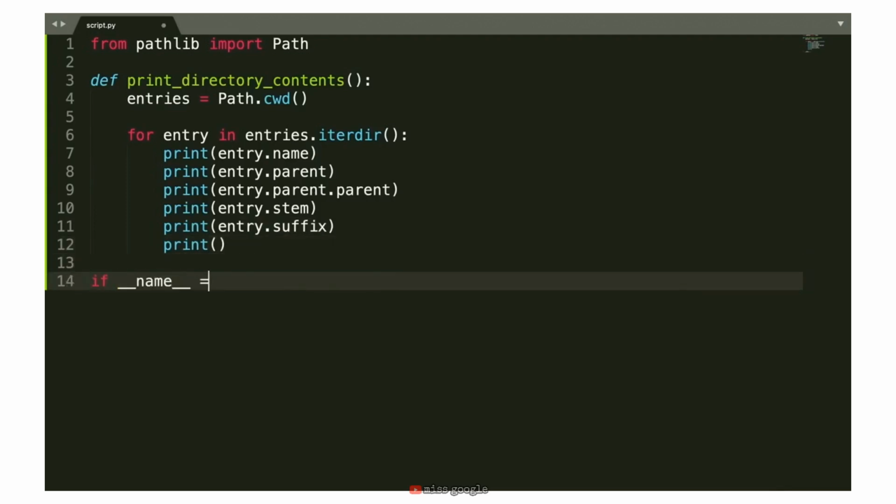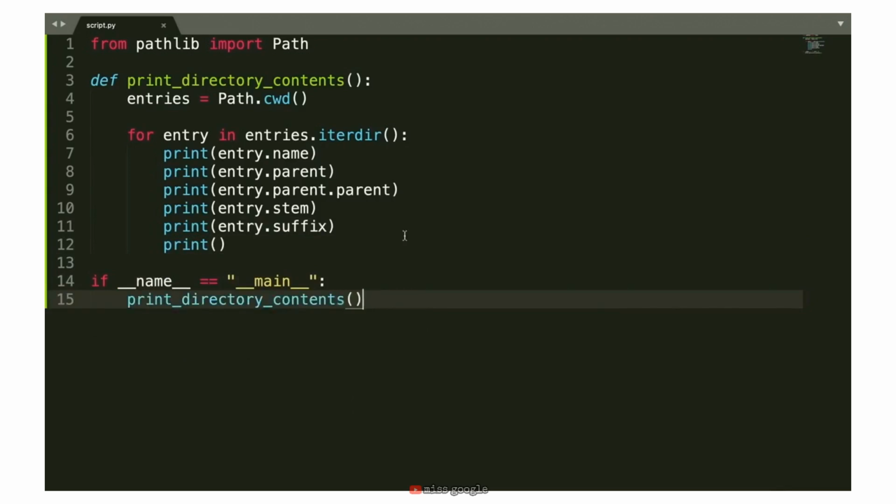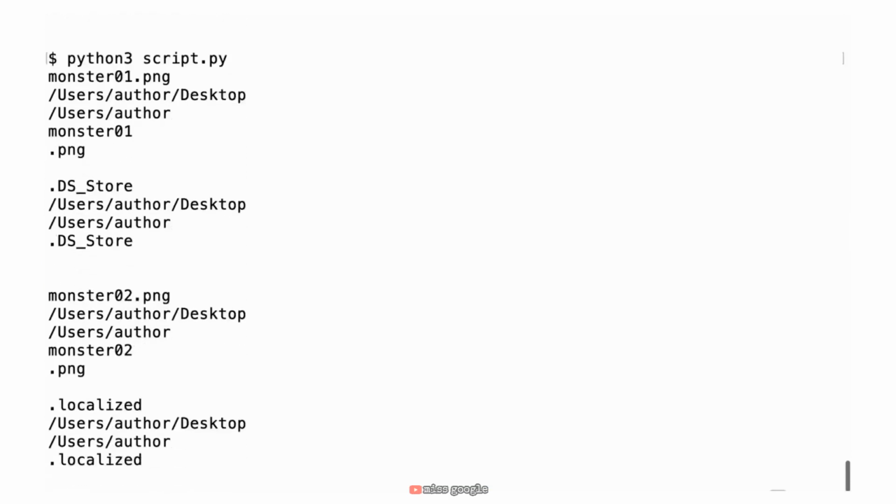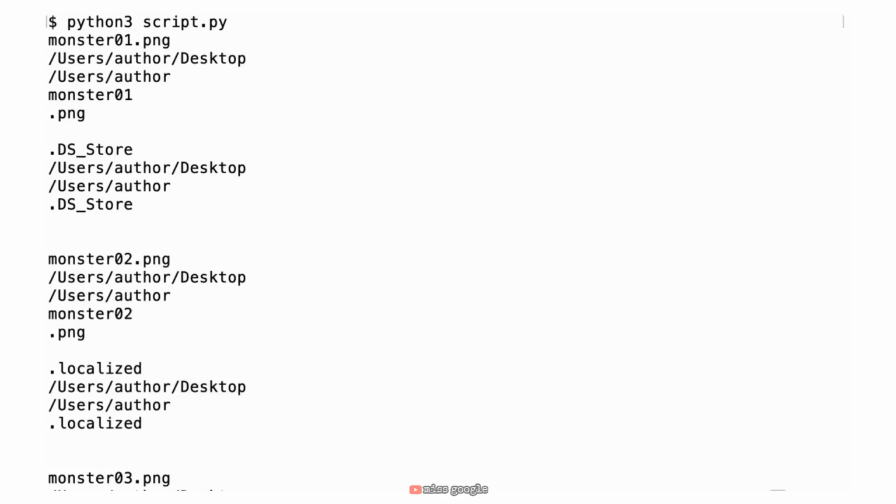Let's call this function and run it. In the output, we get a bunch of information. We get the file's name, the file's parent, the file's parent's parent, the file name without the extension,